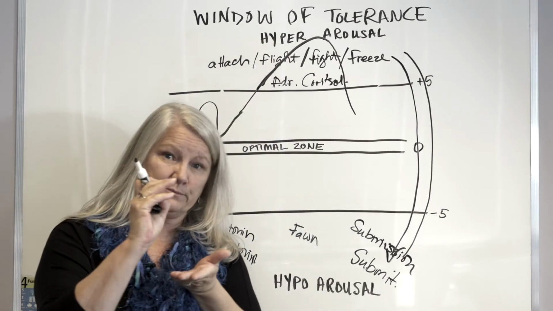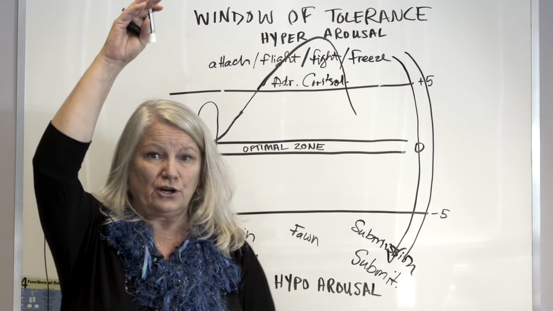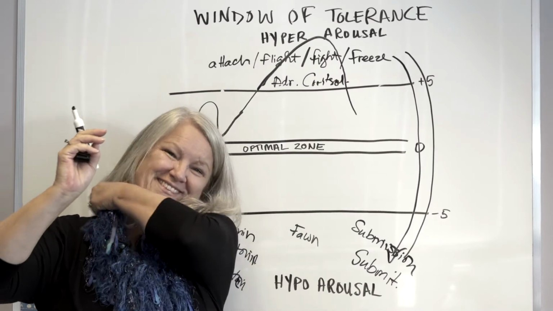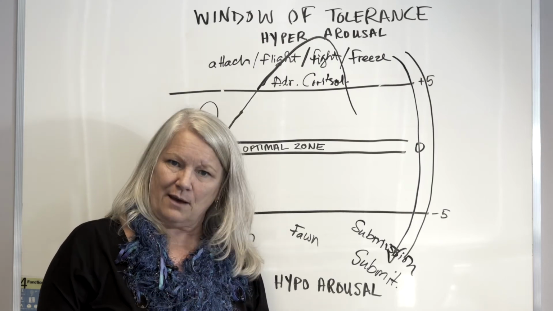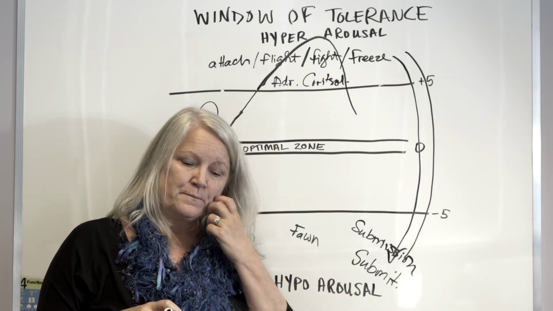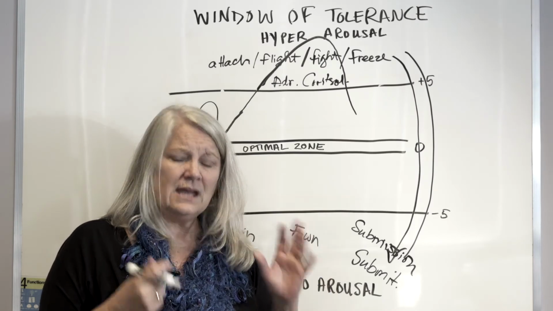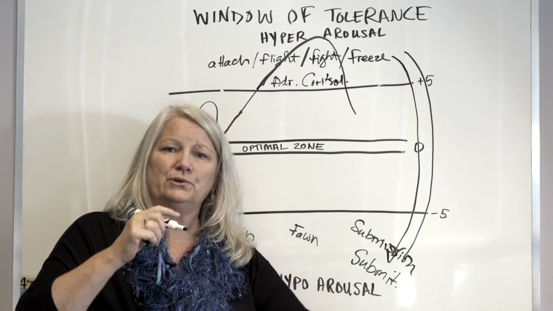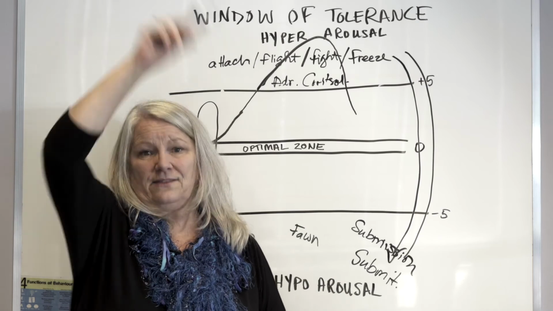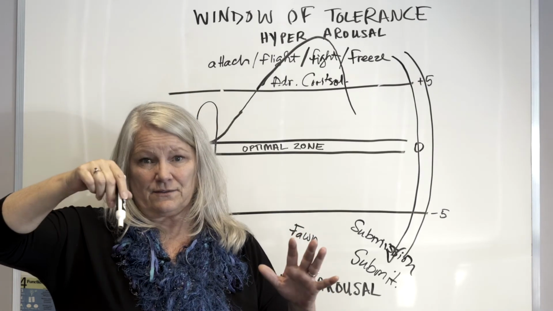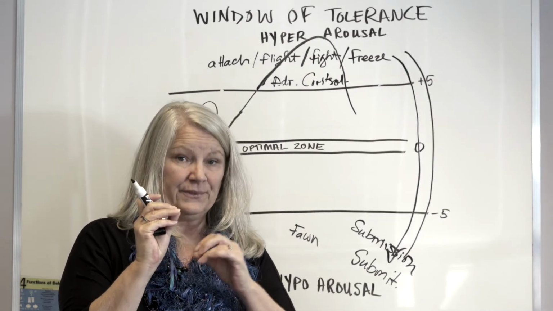Now, if your window is really small, of course, you're going to get shot out of your window on a regular basis. If your window is much larger, there are some people, I've met a few, who have very wide windows of tolerance and nothing fazes them. I'm just like, wow, this is fascinating. Or it takes an enormous amount of energy to get them out of their window, okay? And there are a lot of people who have that avoidant, ambivalent attachment, and they fluctuate within their window. They can get shot out of their window, and then they can get themselves back in pretty quickly. But the people who have that smaller window have a hard time getting back in.